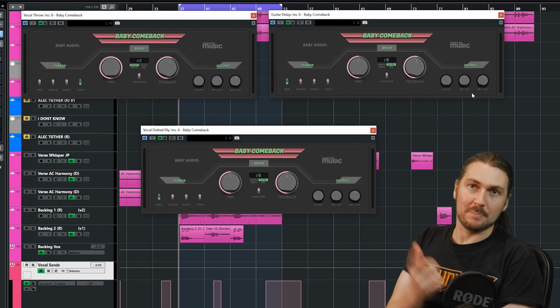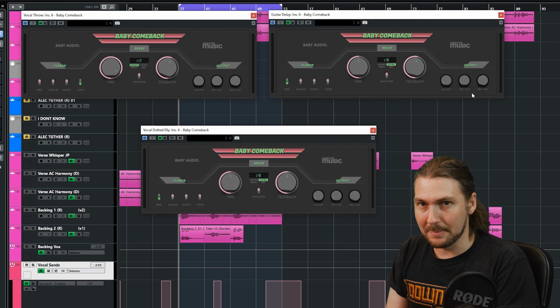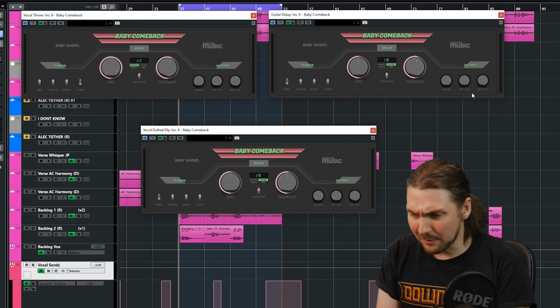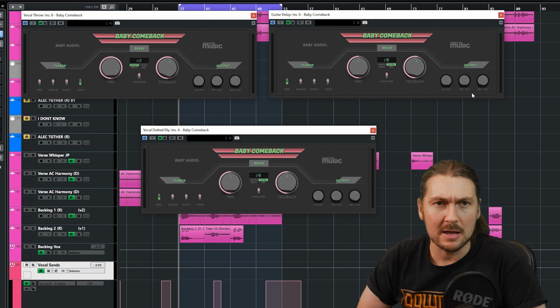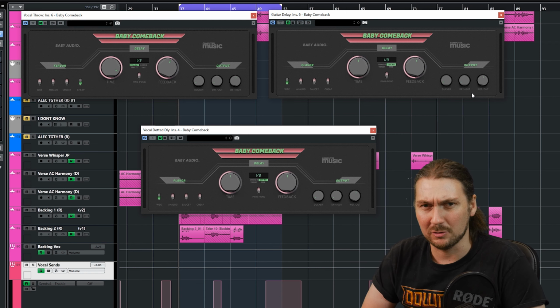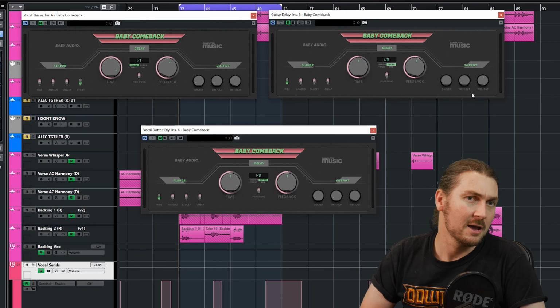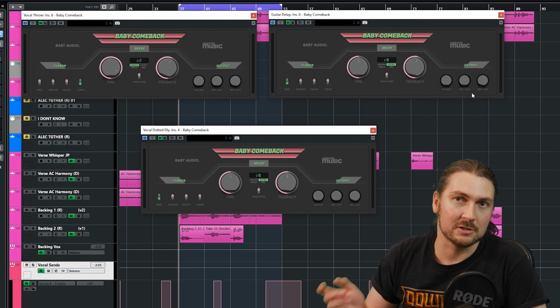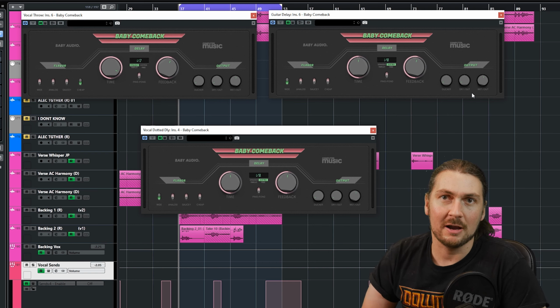So go to the Baby Audio website, grab yourself Baby Come Back. Now, I'm not sure, I have a feeling they're only VST3. Now, most DAWs support VST3 these days, but if your DAW doesn't support VST3, unfortunately, you probably can't get these plugins. That is from memory, but that might be different now. So do check the website, try it out for yourself,